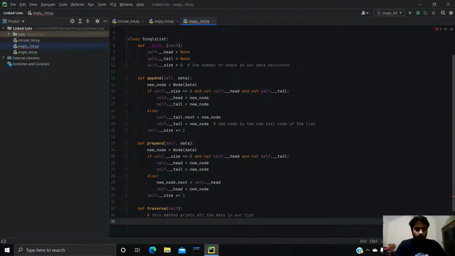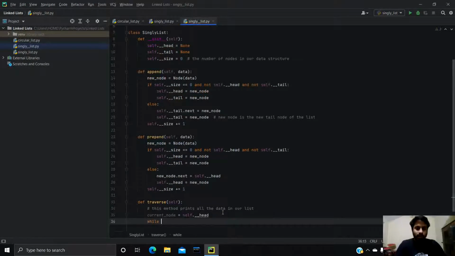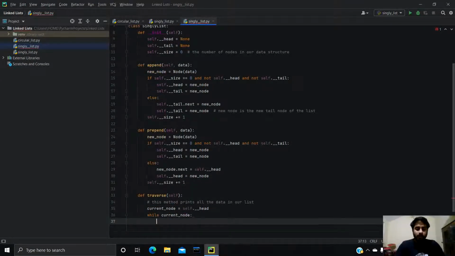So current node is set to self dot head, while the current node is not none, because we know that the last node always points towards none. Okay, so while current node is not none, print current node dot data,